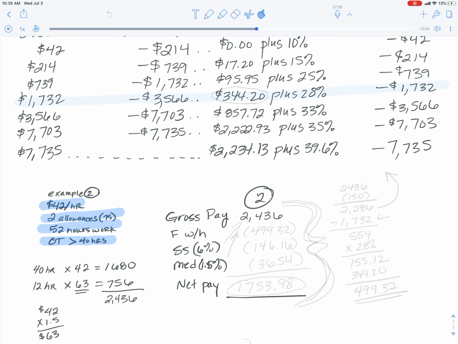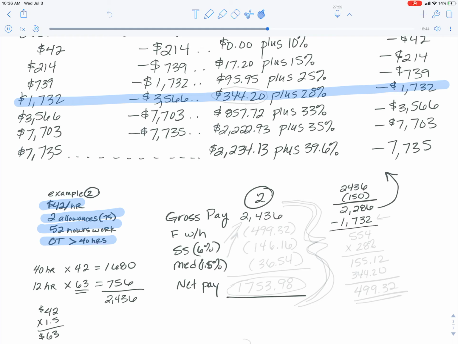Now we need to take out our allowances before we plug this into the table. So if we take out $24.36 minus our allowances of $150, then what we plug into the table is $22.86. Okay, so we're going to plug $22.86 into the table, and we're going to see where we are. We are in this row. Okay, so anything over $17.32 has not been calculated yet. So we're going to subtract $17.32,